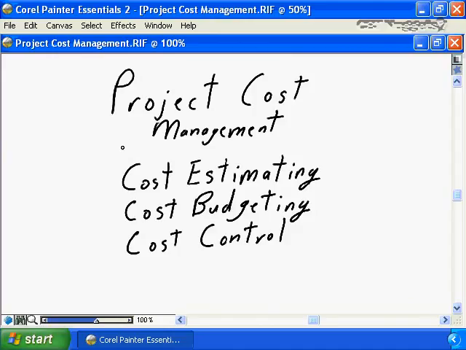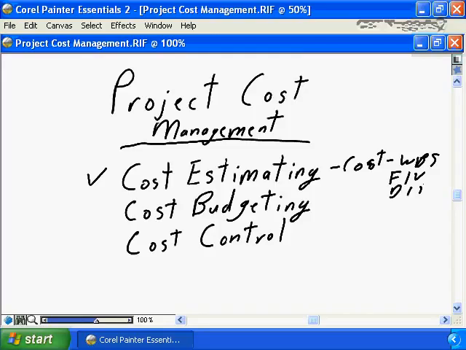This concludes our first of 2 nuggets on project cost management. In this nugget, we focused on cost estimating, defining the costs, all costs for each element of the WBS. We focused on the fixed costs and the variable costs. We focused on the direct costs and the indirect costs. Through cost estimating, we're able to identify and define all costs for each element of the WBS. Then in cost budgeting, we aggregated the costs into an overall project budget. Once we had the project budget in place, we applied the financial management principles